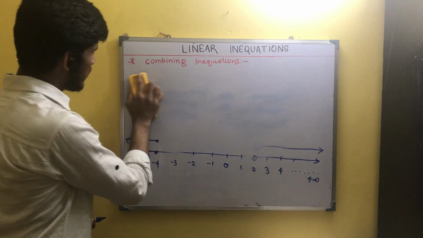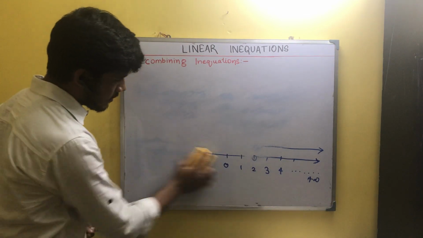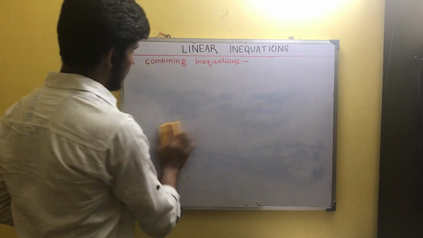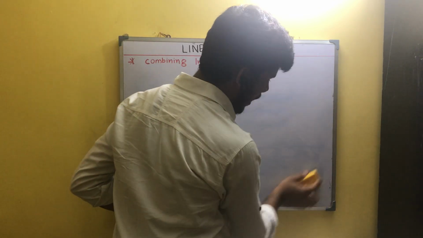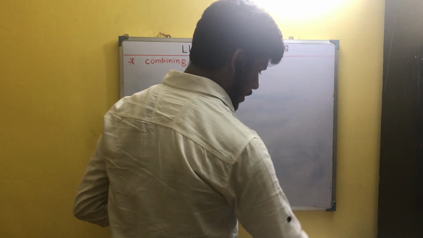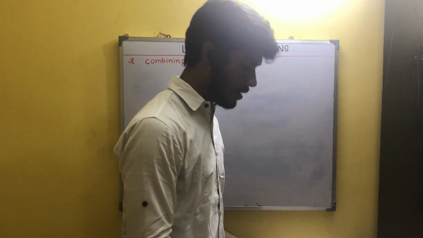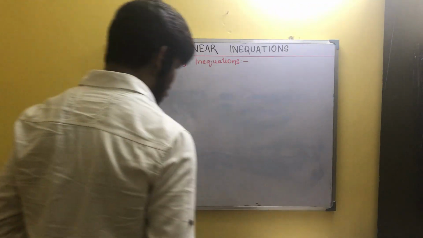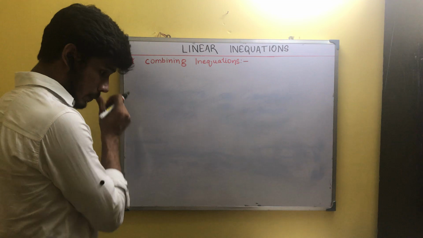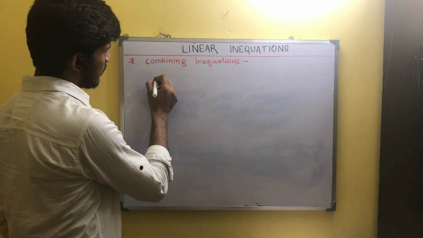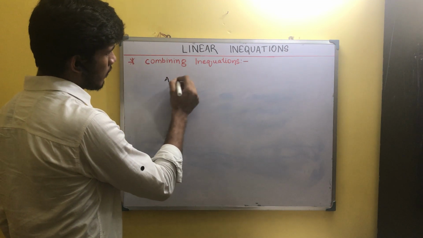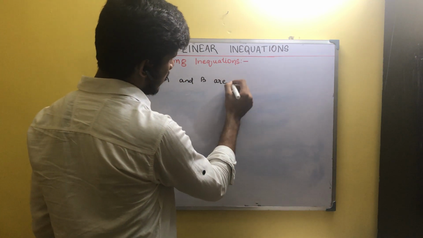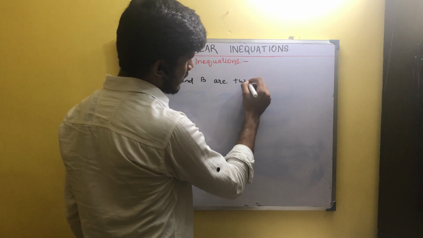the system of intersection and union in these inequations. What is the concept behind that in this chapter? Like we used to have in the set theory that you would have learned in class 9, here is something similar to that. Now suppose you have two sets, A and B, which are two solution sets.